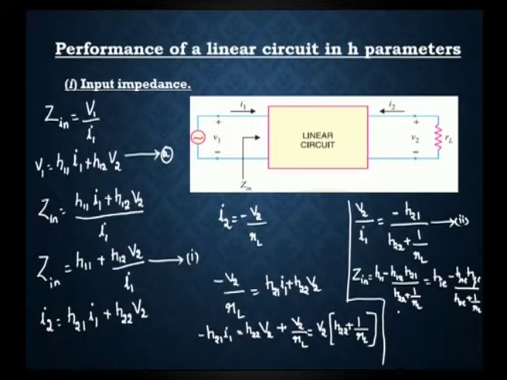Also, if we consider that the H12 value or the RL value is very much smaller, then this can be neglected. So Zin is approximately equal to H11, which for a transistor is equal to HIE. This is the approximate input impedance, which we can use for some applications,